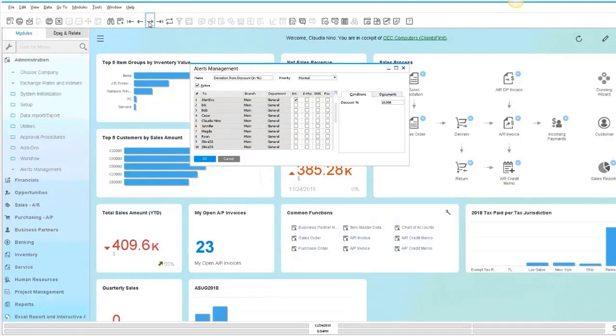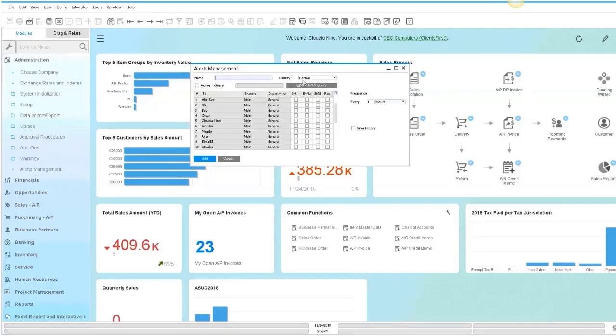Well, when we have an additional request that's not in the out-of-the-box alerts, for example, I want to notify someone when a customer reaches a balance of $30,000, then what we can do is